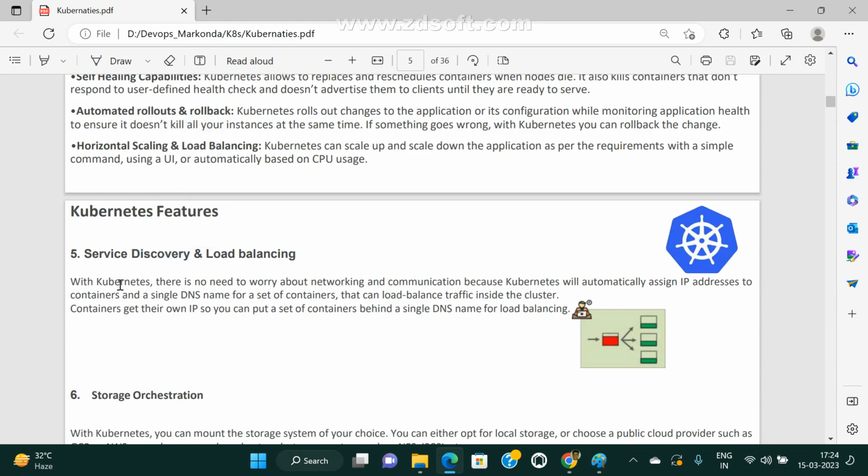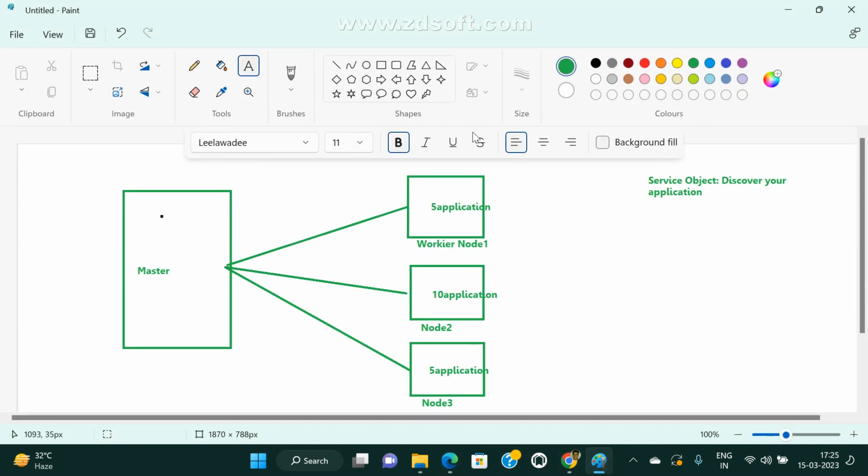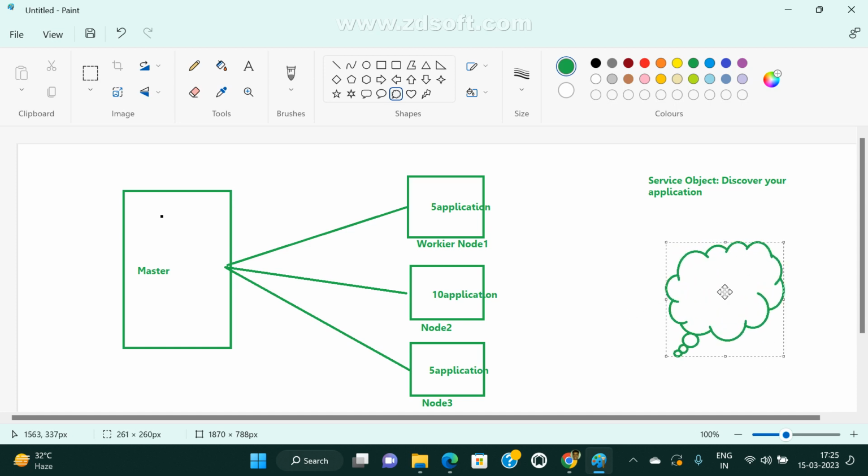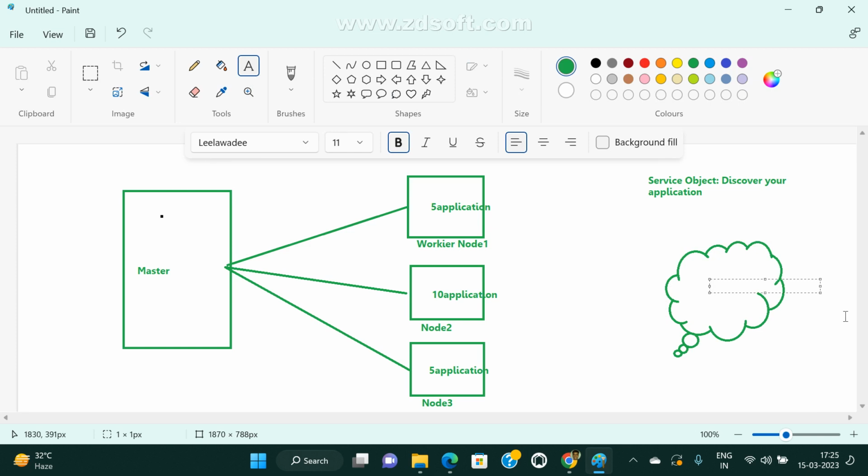With Kubernetes, there is no need to worry about networking and communication, because Kubernetes will automatically assign one IP address to the containers and also assign a DNS name. In Docker, each container has one IP address, correct?